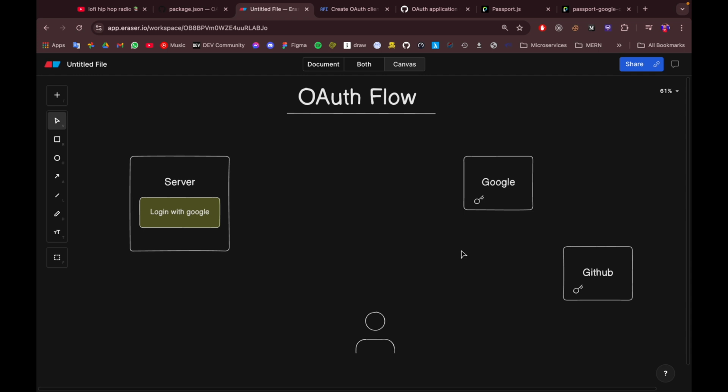But in case of OAuth authentications, there are some providers like Google, Facebook, where you have already logged in or you have an account. But when you try to log into other websites, these providers provide your information to that website to verify who you are. So in the last video we set up a normal JWT based authentication, but in this video